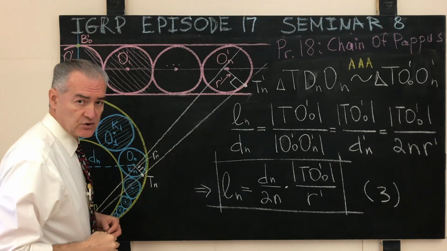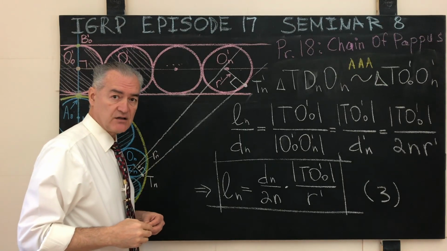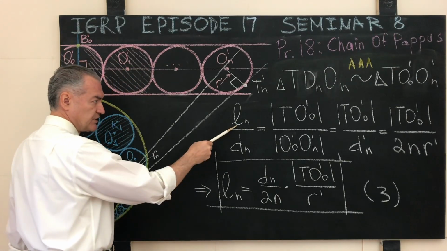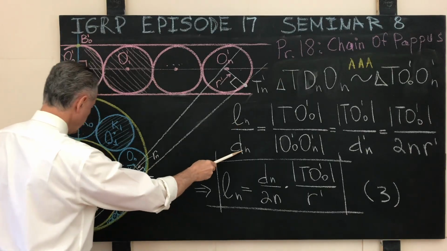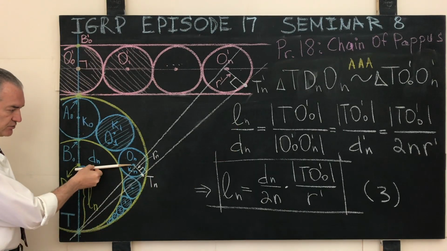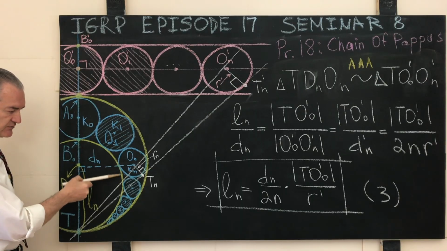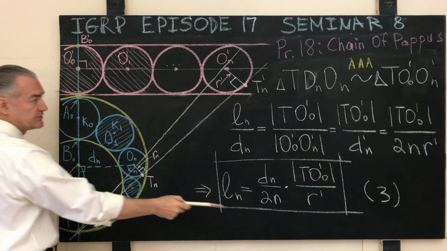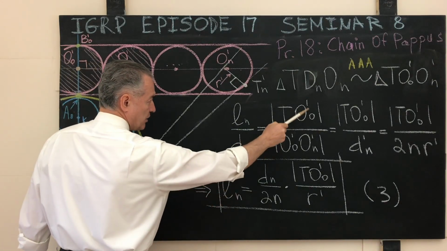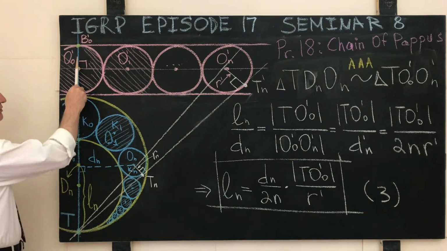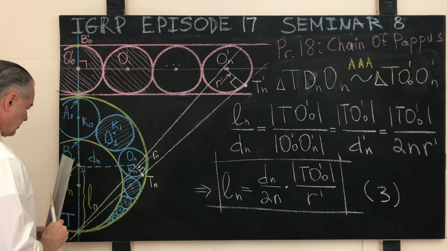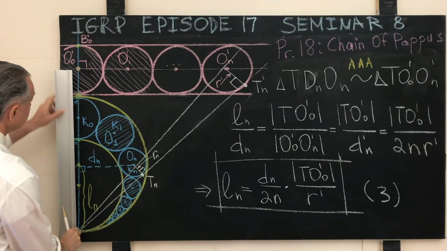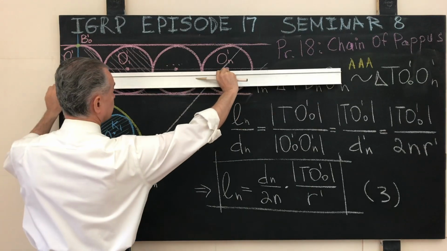In the modern tongue, using the equality of the values of the corresponding trigonometric functions of tangent, we will say that the ratio of the distance ln to dn, which defines the trigonometric function of tangent of this angle, is the same as the corresponding distance t o prime 0. This is this distance right here. Maybe visually it will help you if I show this distance right here to this distance right here,